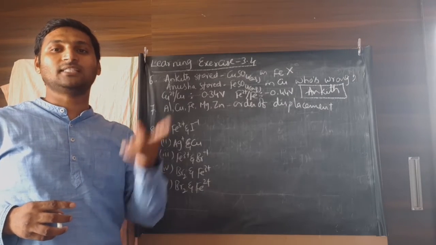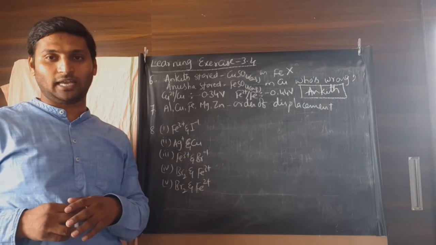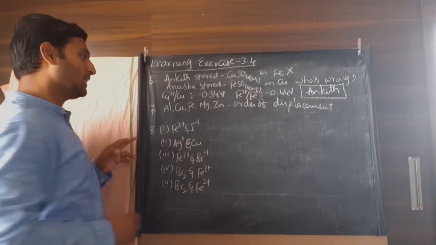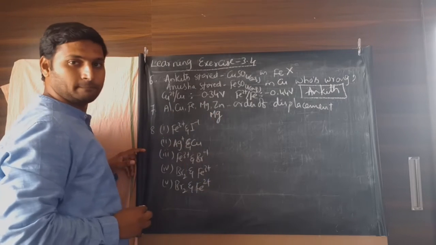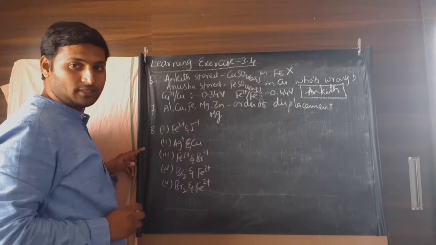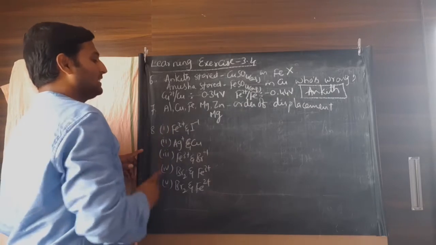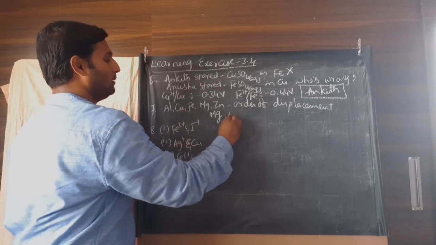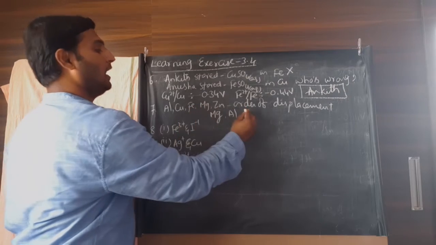Most reactive means least potential. Now you get the potentials from your electrochemical series and observe that among these the least potential will be for magnesium. So magnesium can displace all the other elements from the solutions of their salts, and then the second lowest value will be for aluminium. Third lowest value will be for iron.